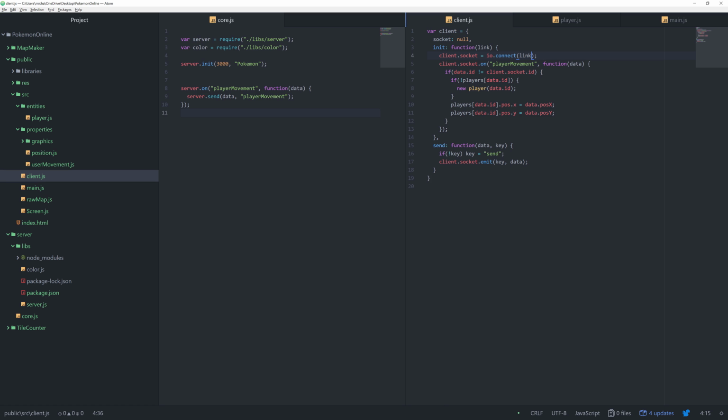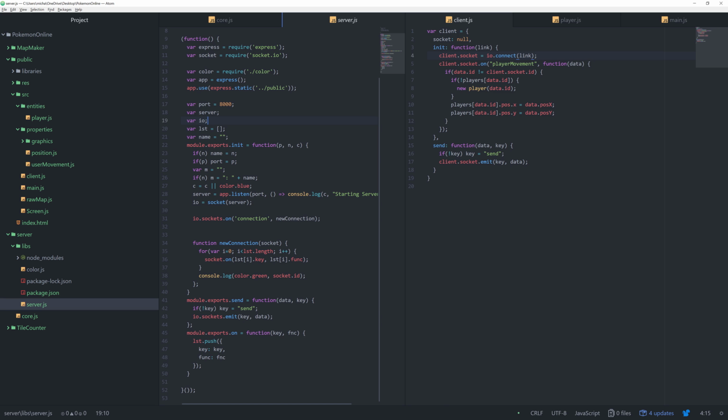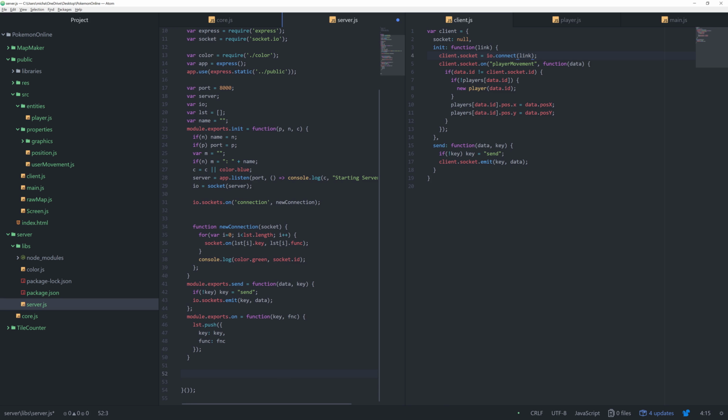The way we're going to do this, and the way I'd planned anyway, is we're going to set up a function for when we connect. So under the server folder, go to libs and click server. So this is where the server is created, and we don't need to do too much here, so sorry that it's a mess. I'm just going to come to the bottom down here and say